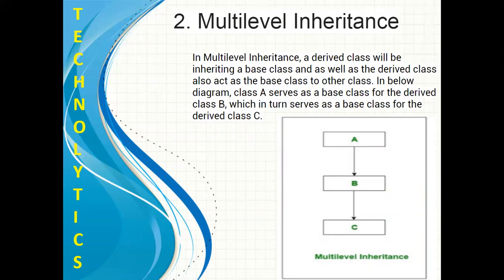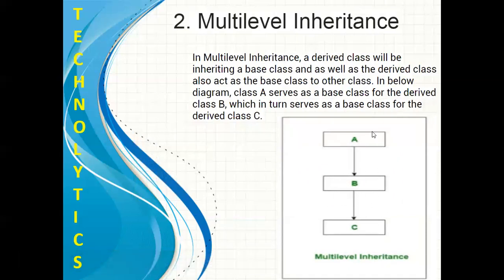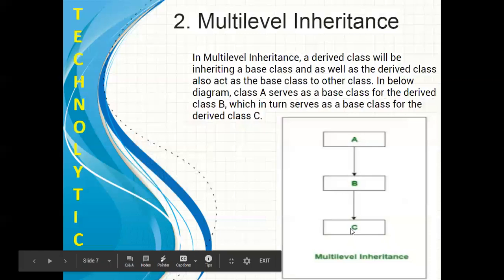In the diagram below, class A serves as the base class for the derived class B, which in turn serves as a base class for the derived class C. So in short, B is a subclass for class A, but B is a base class or superclass for class C. This type of inheritance is called multi-level inheritance. Level 1, level 2. So if more than one level is there, we call it multi-level inheritance.